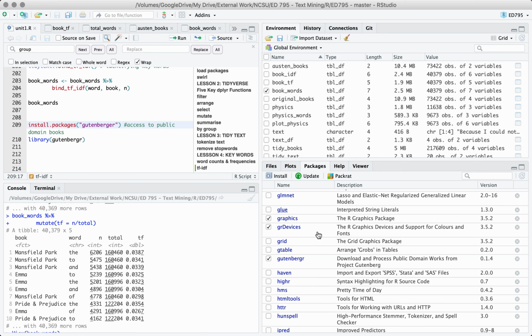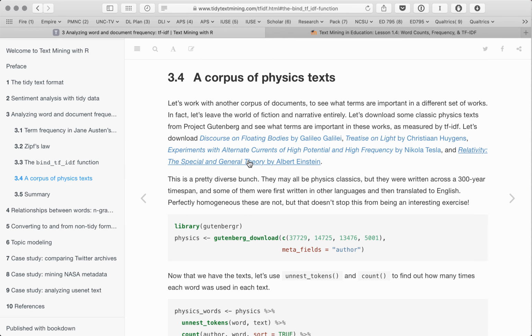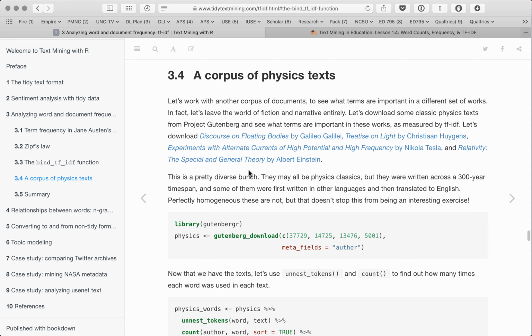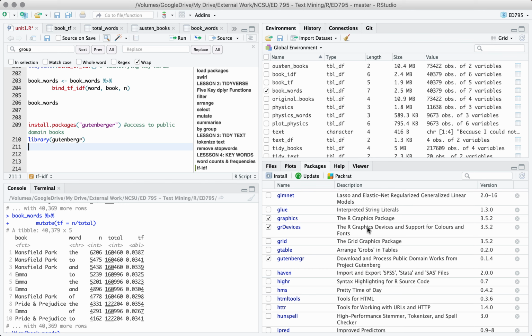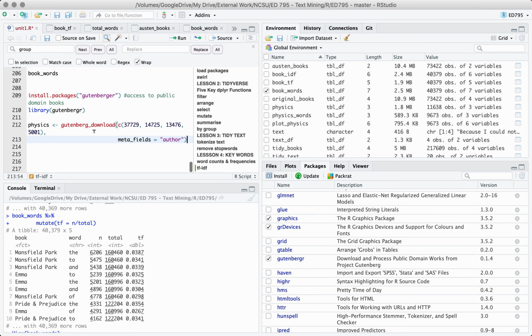I'm not going to run this code because I've already gone ahead and installed it, and as you can see, I've already loaded this package. Let's go back to our text. There we go, Text Mining with R. And it's basically going to illustrate how you can import the books of interest. So let's go ahead and copy this over, and then we'll walk through what this code is doing. Basically, we're going to create a new data frame that we're going to call physics. We're going to take this gutenberg_download function from the Gutenberg package,